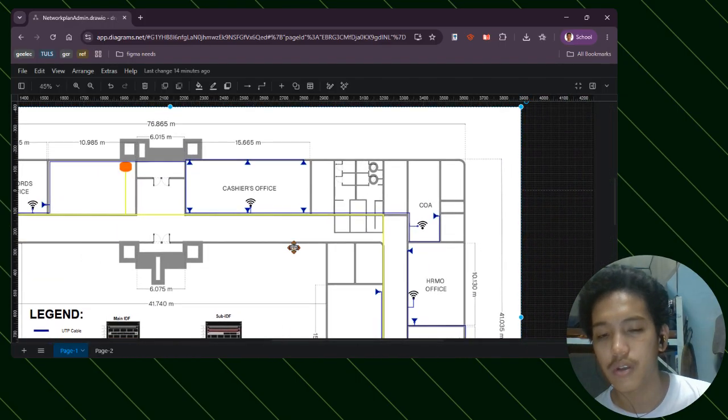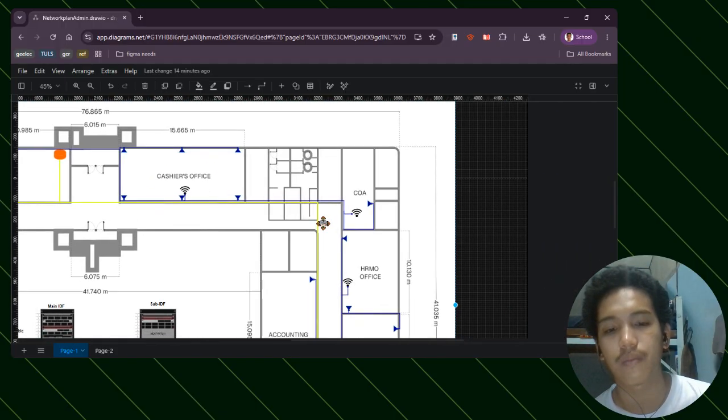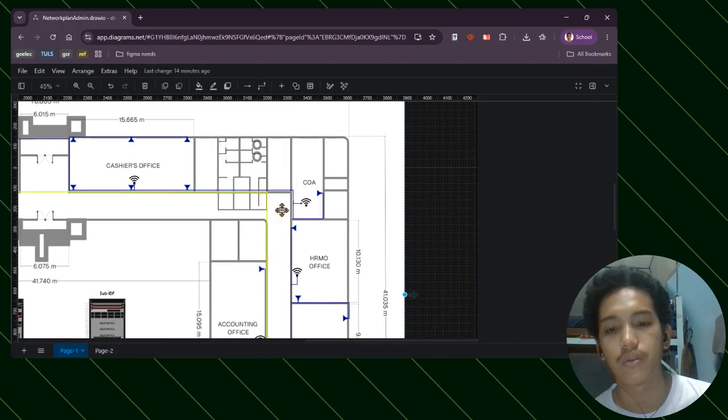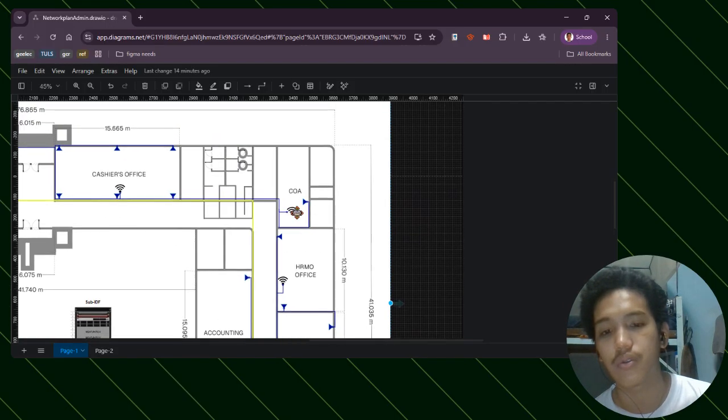The interesting part here is that it has six data nodes. This part has more computers, so it probably needs more data nodes. It also has a wireless access point for the entire office. For the COA, there is a single data node here and a wireless access point to cover this entire area.